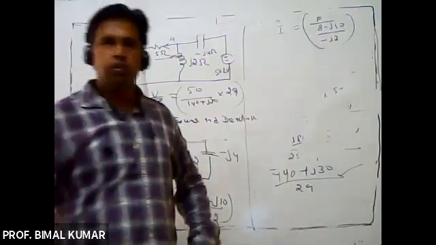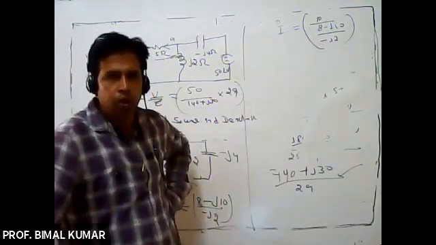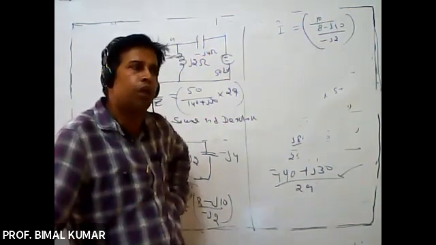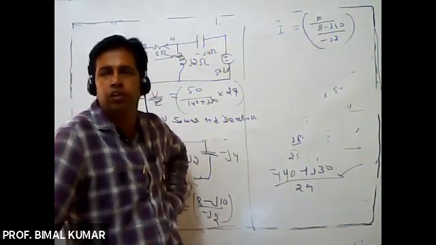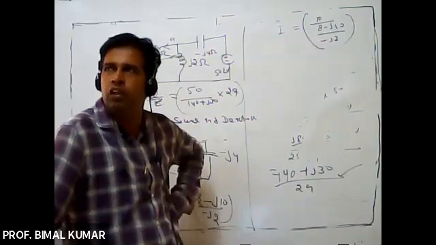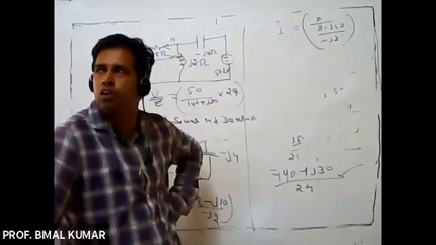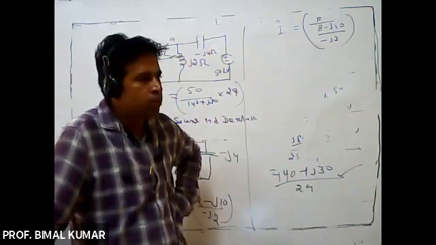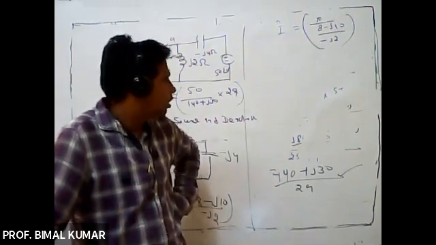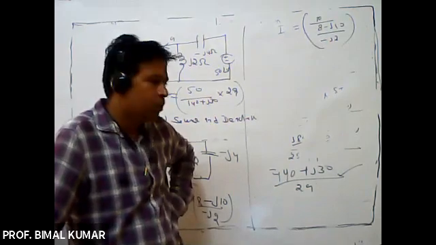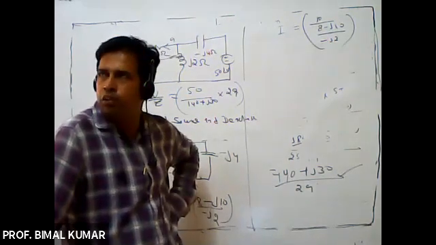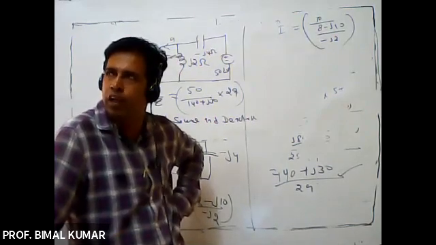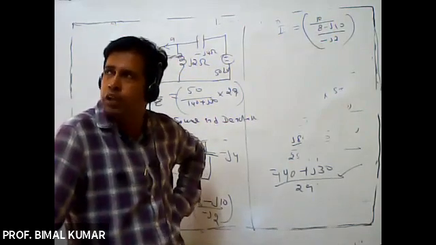Either we are studying the AC network or the DC network, all these steps will be common. The only thing is, in case of L and C, we will have to take it into the form of a complex number, and then if that complex number is there, how to calculate that, how to multiply that, how to divide that, addition, subtraction, all that must be clear